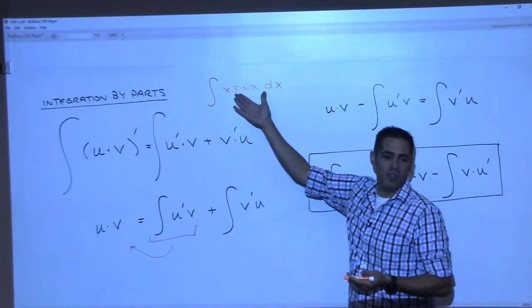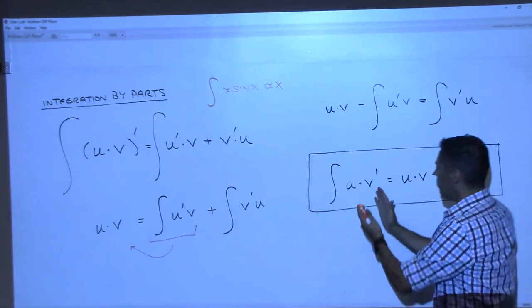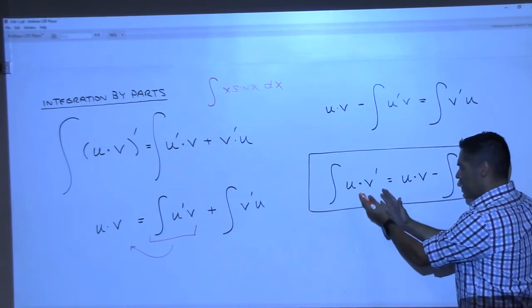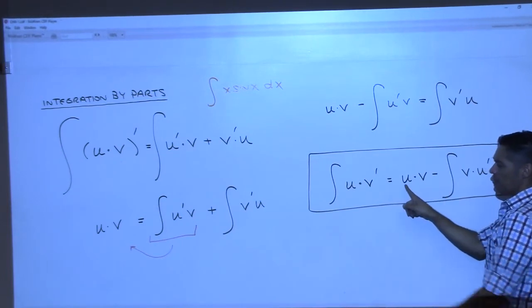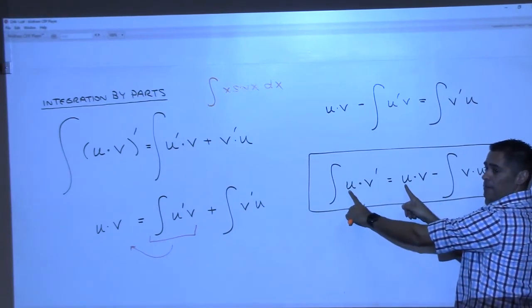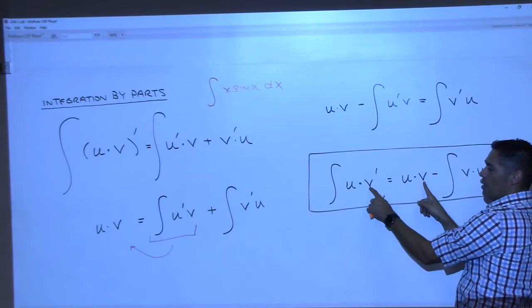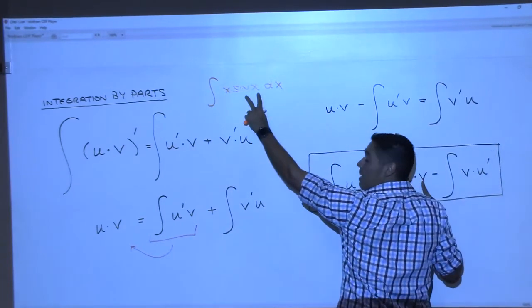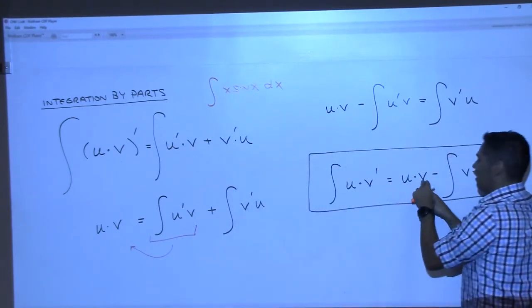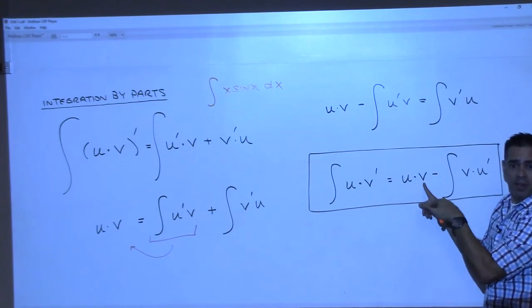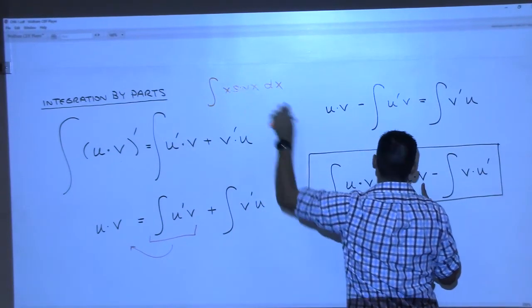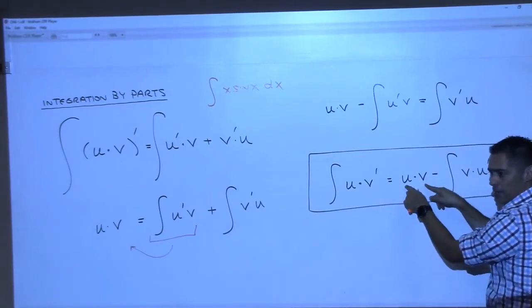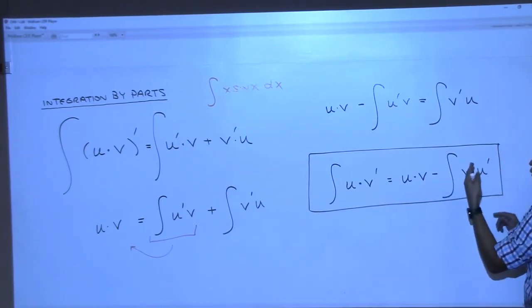We know that we can't do this, right? We've given up. According to this equation, this is equal to u times v. Now, do we know what u is? u is x, right? Do you know what v is? Well, this is v prime, right? So what's v? The antiderivative of this. Do we know the antiderivative of this? Negative cosine. Okay, so it's going to be x times negative cosine x minus, well, we still have another